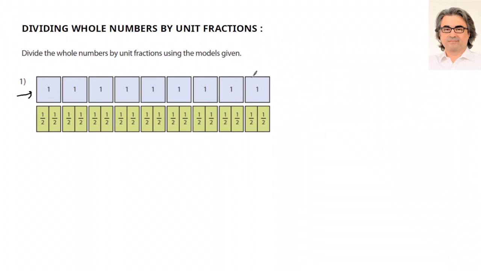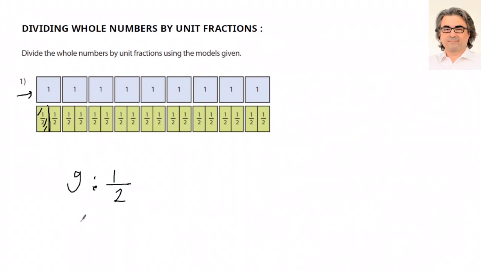So I have 9 as my whole number, right here, 9. And each square represented with 1 is divided into 2 equal parts. So if you divide the whole into 2 equal parts, one of them will be represented with 1/2 as a fraction. So I am dividing all squares with 1/2. I am dividing in total 9 by